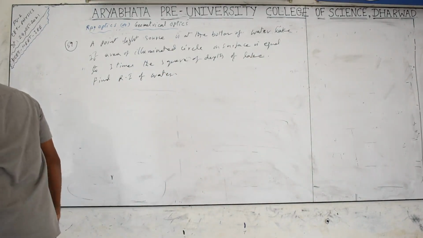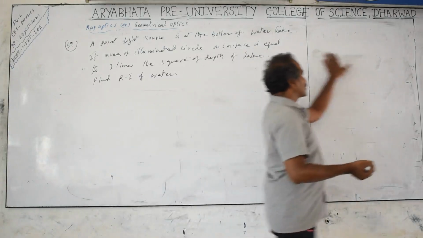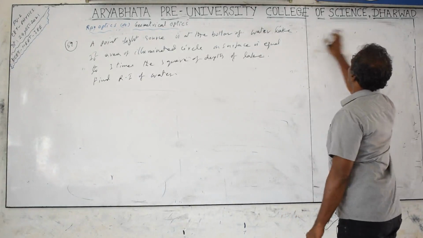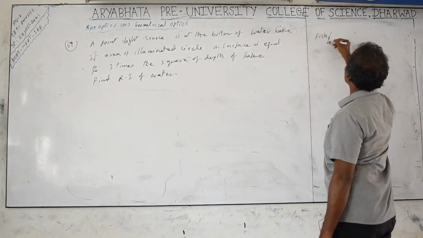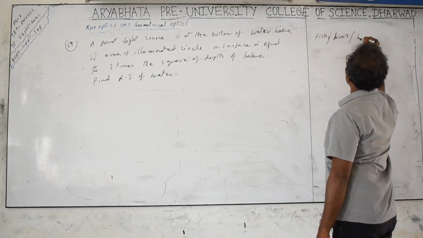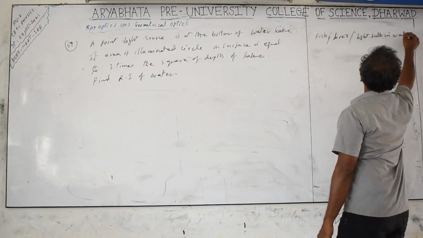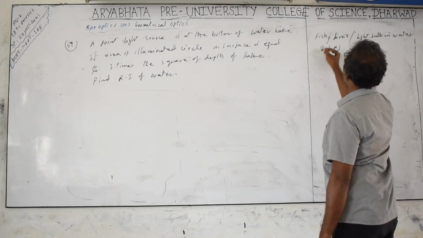Water refractive index is generally 1.5, but for sea water etc. the value can be different. Here it is to be given in terms of pi. Fish, diver or light bulb in the water. Fish and divers are persons inside the water. Light bulb in water. It is related to the total internal reflection problem.